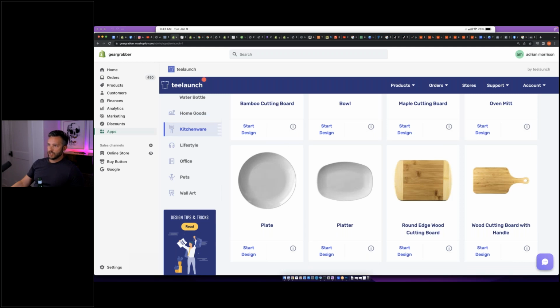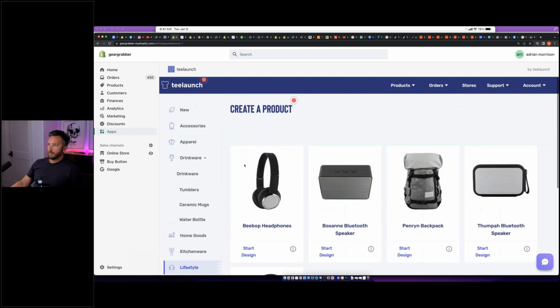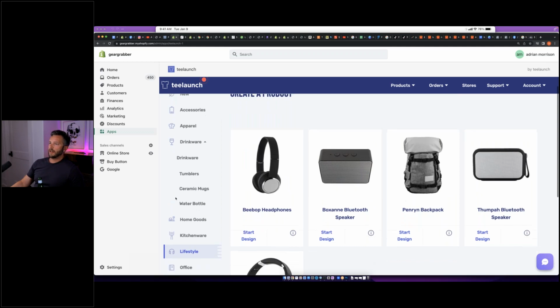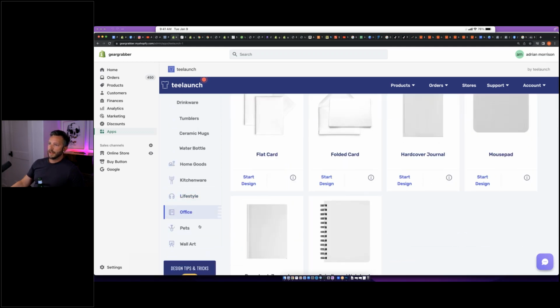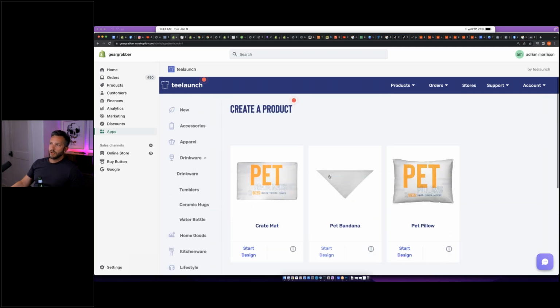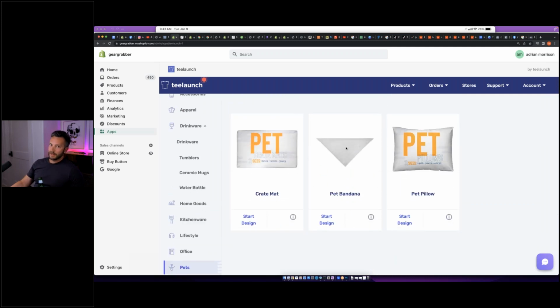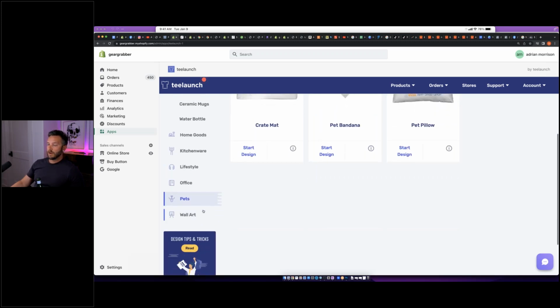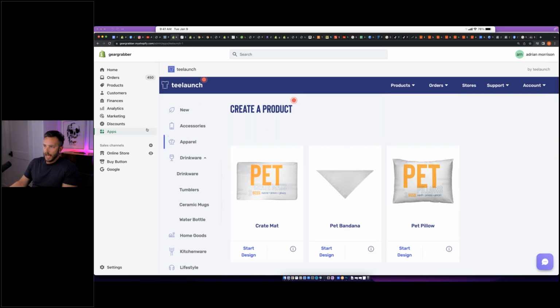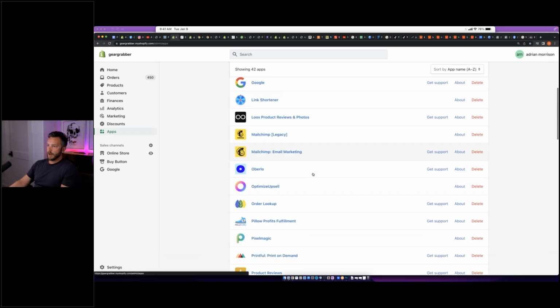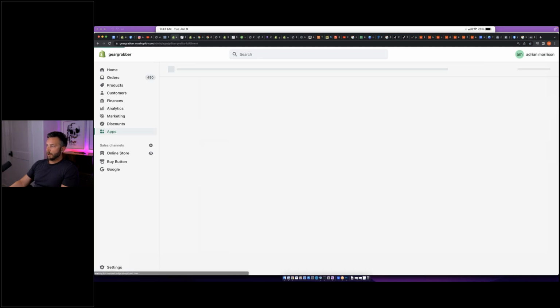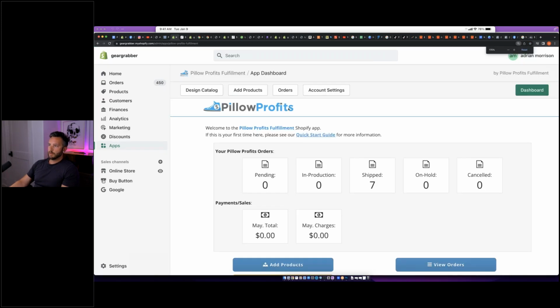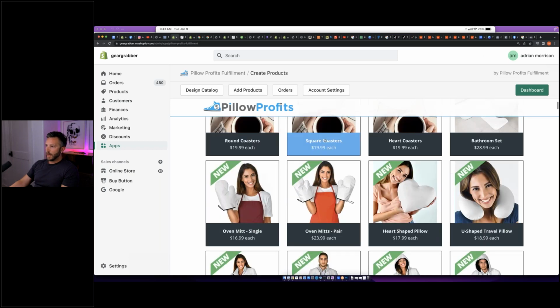We've got kitchenware. I don't think it'd be too much there. Lifestyle, probably not going to hit hard with any of these. Office supplies, pet supplies. Now you could do this. A pet bandana could hit. Team whatever. People love their pets. Your pet is your family. Okay. So there's a lot of options here. And if we come back out and we go over to another vendor, which I love, which is Pillow Profits, another automated dropship vendor, then if we hit add products, look at all the options we have in here.